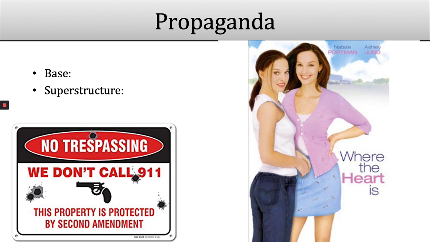So the message of this is a capitalist message: that if you are without a home, naturally, private businesses like Walmart will make you a home. They'll make you comfortable, they'll provide for you, which is a gross oversimplification of what actually happens. But even in things like movies with Natalie Portman,